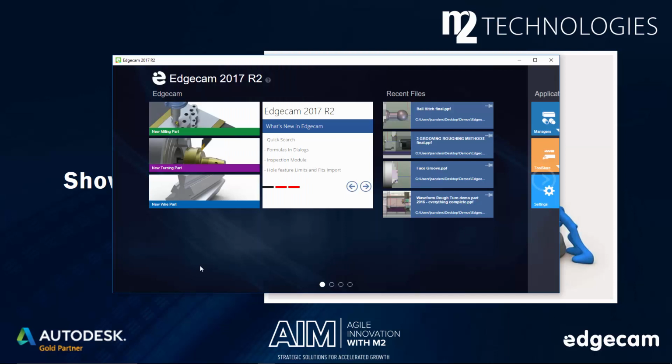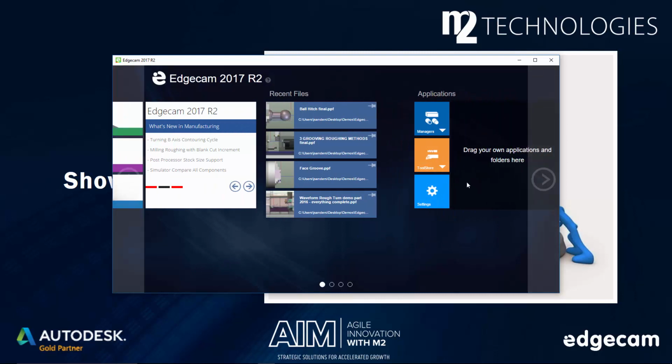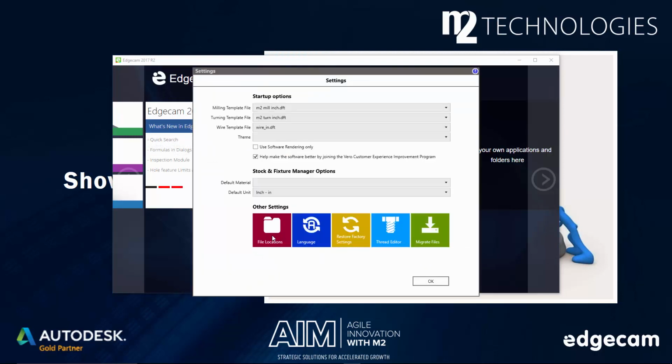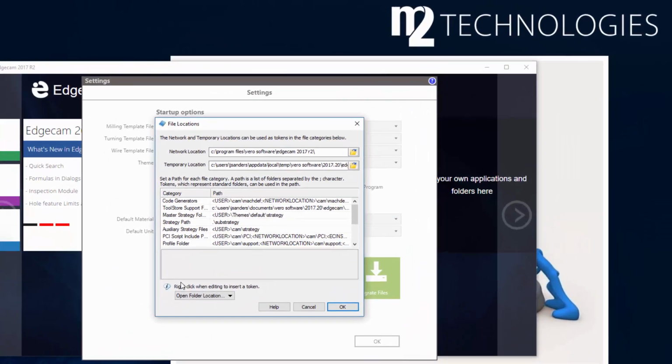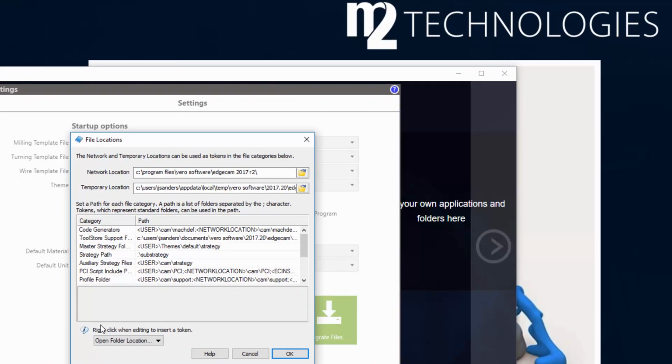I've opened up the Edgecam 2017 R2 launcher. When we scroll over a bit and go to the applications area, and click on the settings tile, here in the tile we can get to file locations. So when we click on file locations, we have a dialog on screen that allows us to go through the